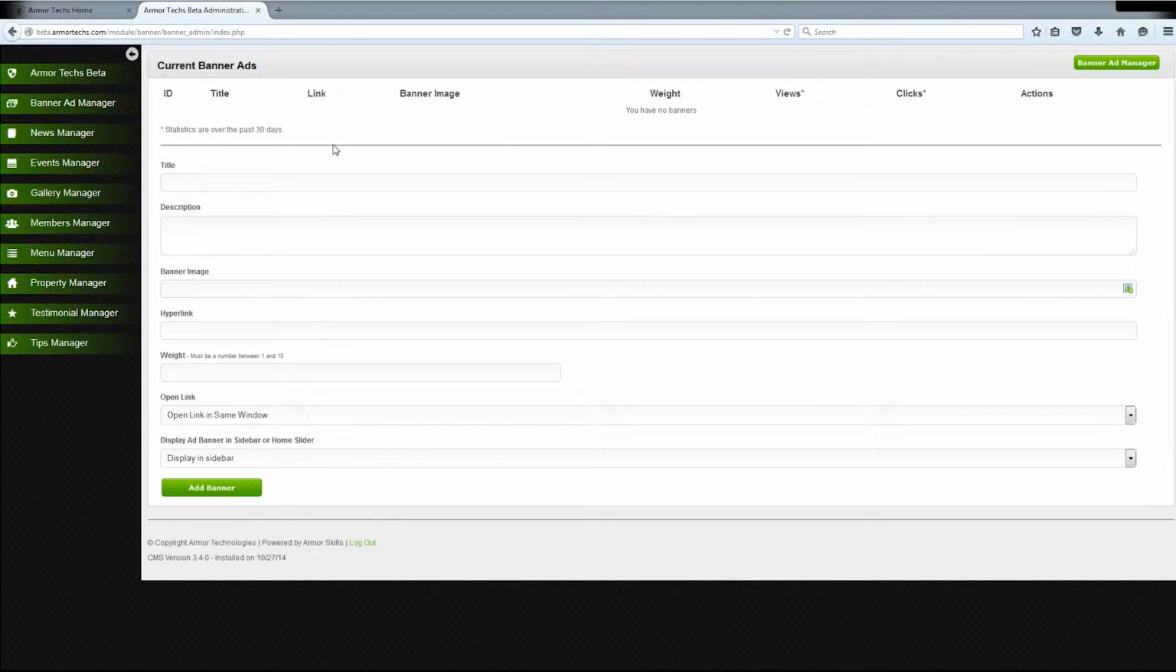With the Banner Ad Manager, you can customize what shows up in the slider at the top of your page. To add a new banner, simply fill out this form. Enter the title of your banner here, a description, a banner image, which by clicking on this icon you can browse your computer's files to find the image you're looking for, a hyperlink which can be local or to an external website such as Facebook,